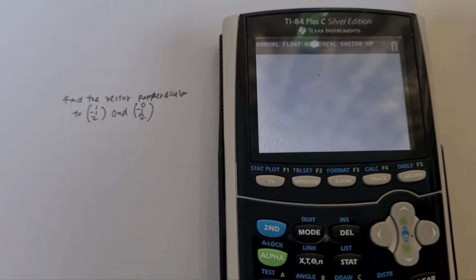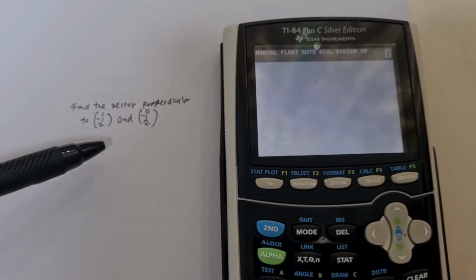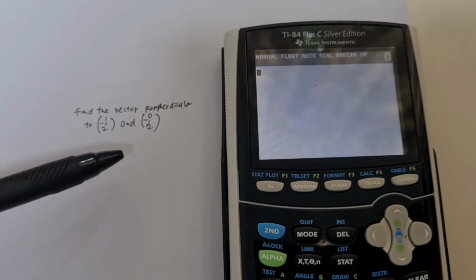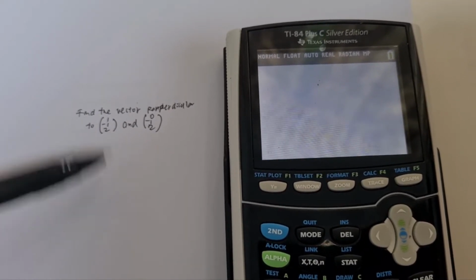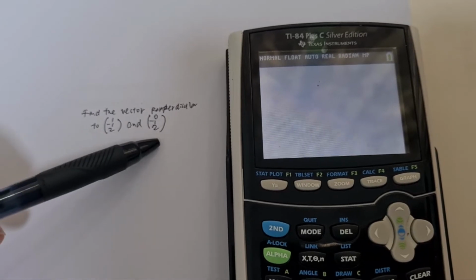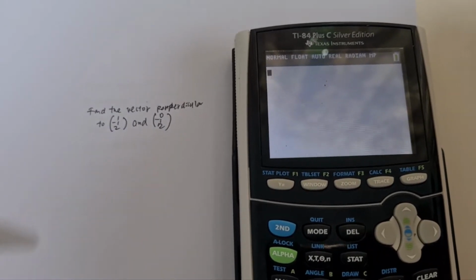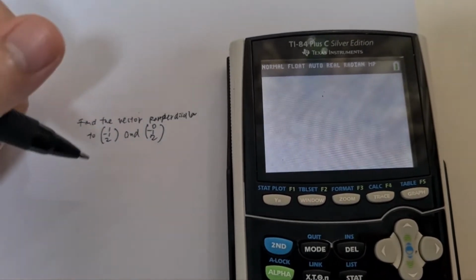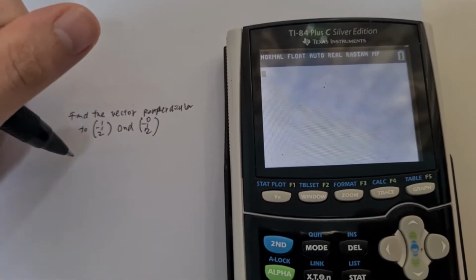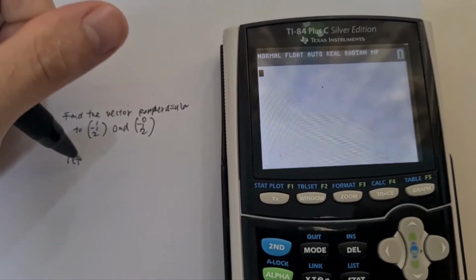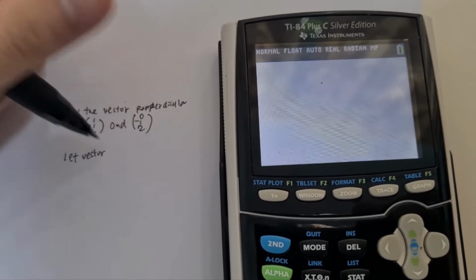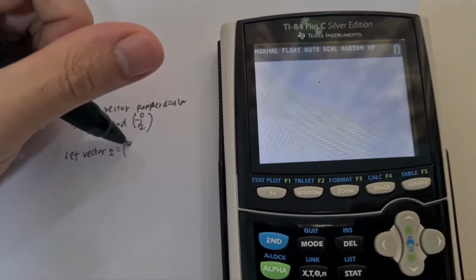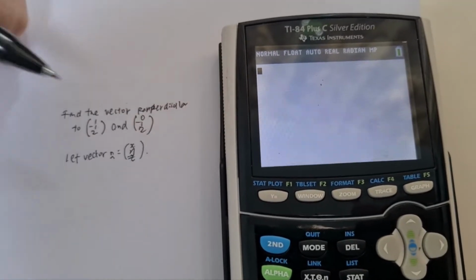We know that in order to find a vector that's perpendicular to two other vectors, we simply cross the two vectors. And there is a simpler way to do so using the graphics calculator. So the very first step, we need to consider a vector b equals to xyz, and then we know that